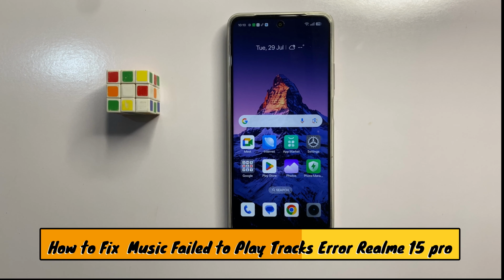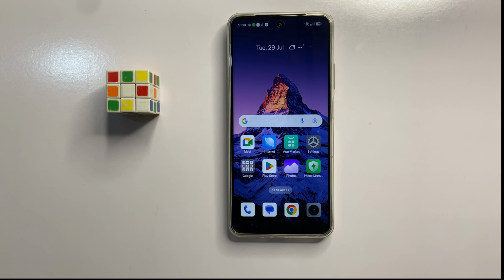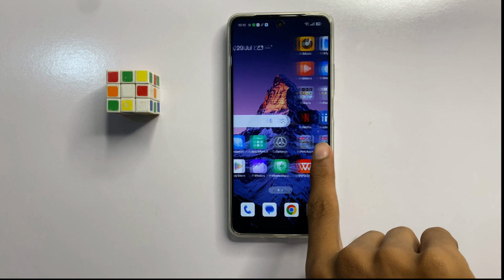Hello everyone, in today's video I am going to show you how to fix the music failed to play tracks error in Realme 15 Pro. So let's start the video. First of all,